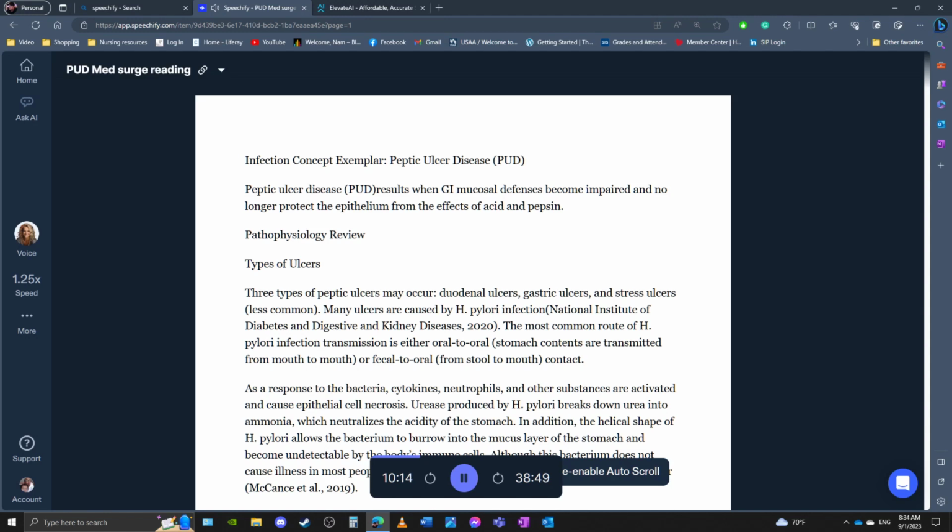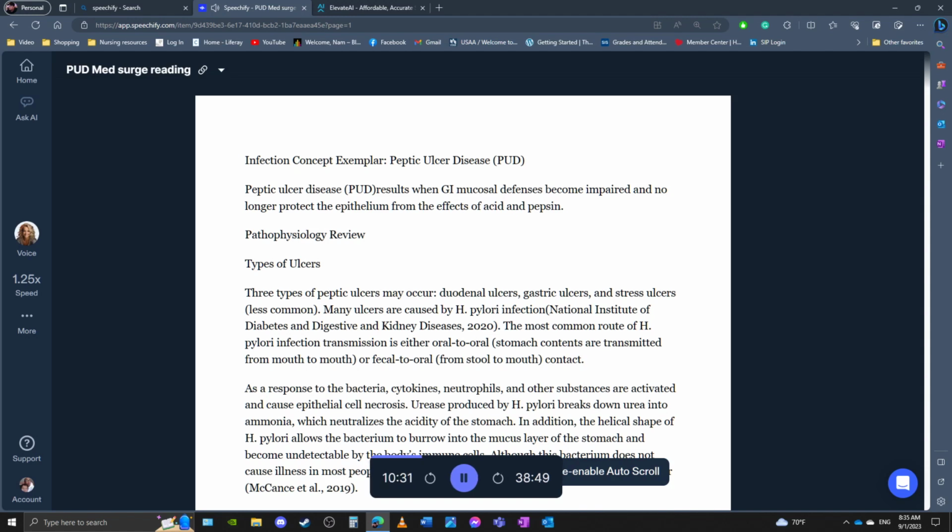For example, if pain that was once intermittent and relieved by food and antacids becomes constant and radiates to the back or upper quadrant, the patient may have ulcer perforation. However, many adults with active duodenal or gastric ulcers report having no ulcer symptoms. Physical assessments, signs and symptoms. Physical assessment findings may reveal epigastric tenderness and pain, usually located at the midline between the